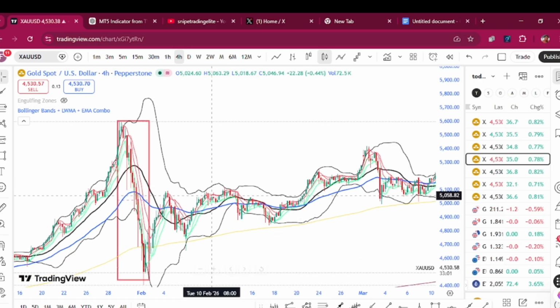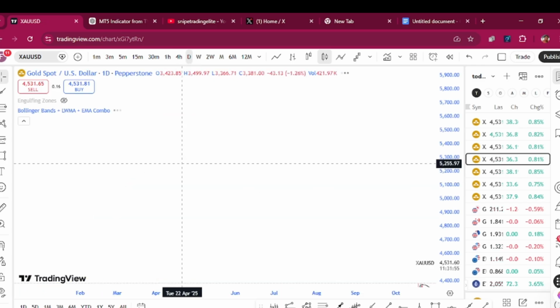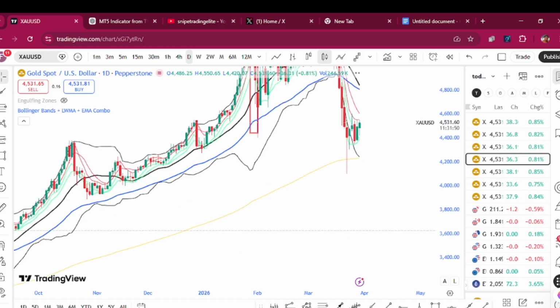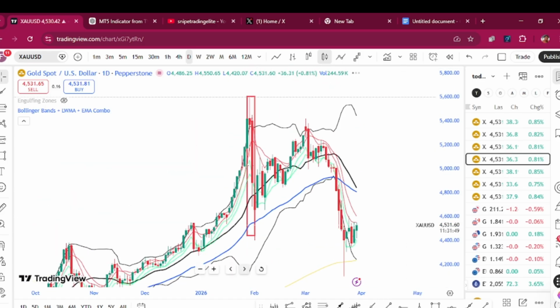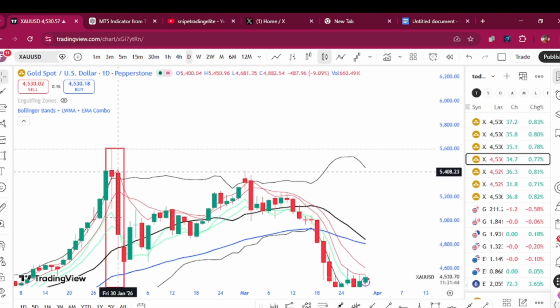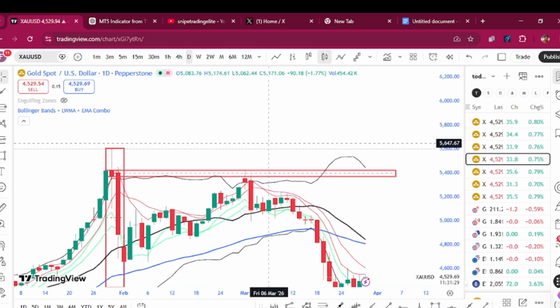But the basic thing is, you come to a higher time frame, the daily, and mark a supply zone. This is what happened on the daily. This is a supply zone on the daily, around here. Or normally for me, I use my Malaysian support and resistance level, which is